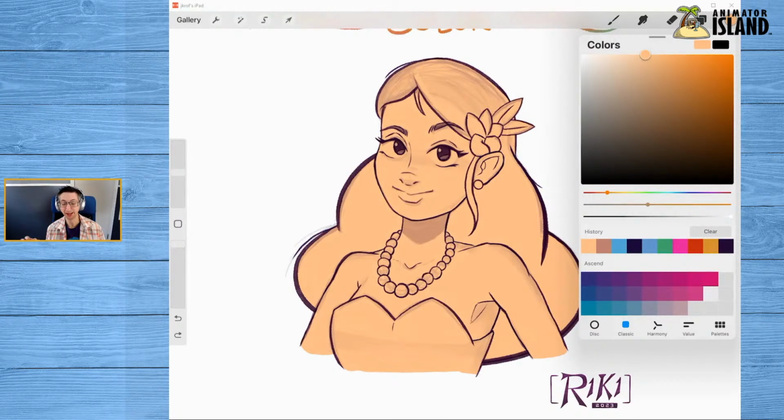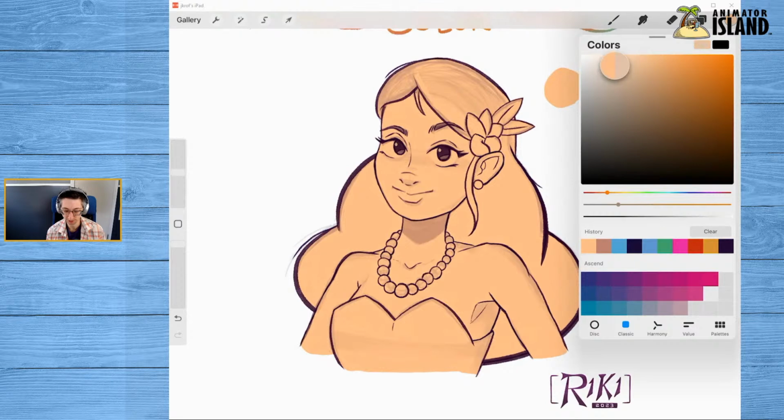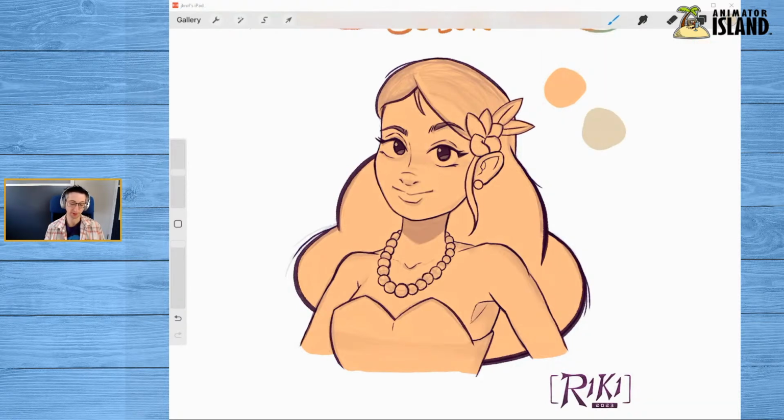Now, if I was just picking a quote unquote skin tone color to start with instead of that blue, what I probably would have done instead of this extremely peachy bright tone is I would have tried to play it safe. I would have gone more towards the yellow range and I'd have gone more towards this grayish, brightish tone, but not all the way to the top. That's too bright. That's scary. So I would have probably started somewhere around here. That's the big difference between what I would have picked if I had just picked a color versus what I would have chosen by using this method of playing and exploration using the hue, saturation, and brightness tones.